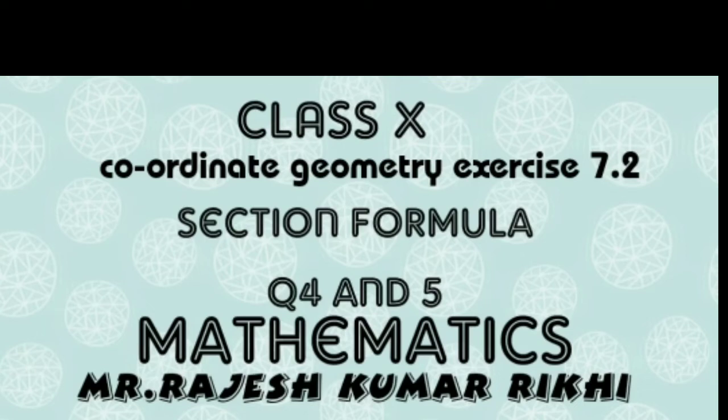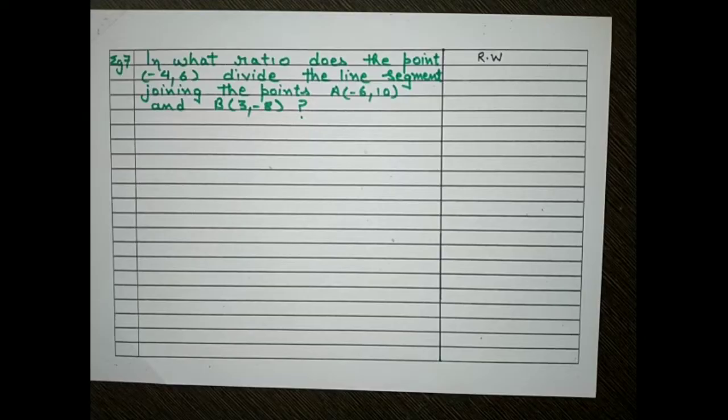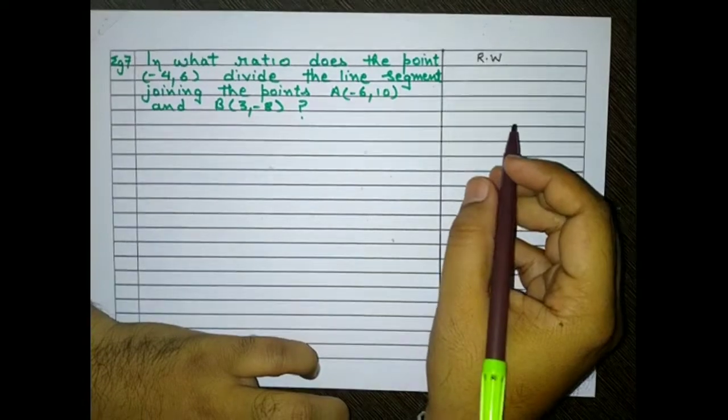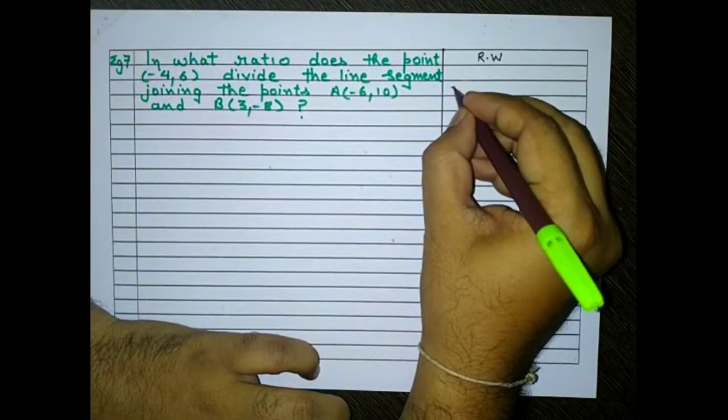Good morning, children. Today we are going to discuss a special type of questions from section formula where we are given terminal points. We need to find the ratio in which a given point divides the line. For example, let us look at this example. In what ratio does the point (-4, 6) divide the line segment joining the points (-6, 10) and (3, -8)? Children, when we were deriving the expression for section formula, we came